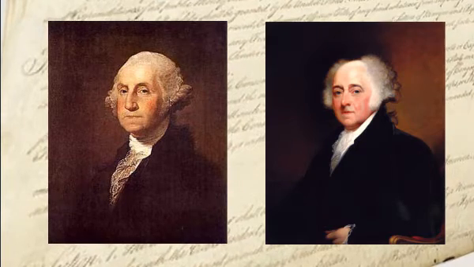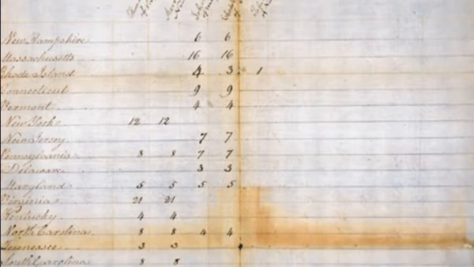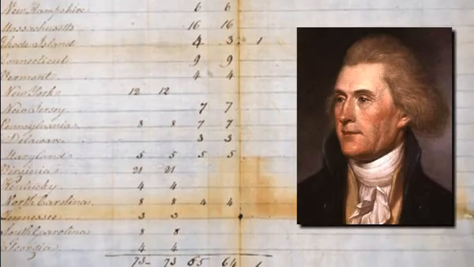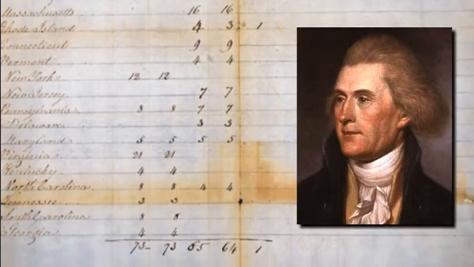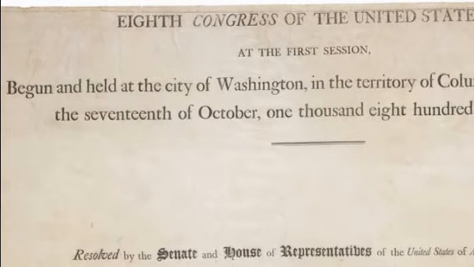But in 1800, there came a bump in the road. Republicans had slated Thomas Jefferson for president and Aaron Burr for vice president. At the time, the Constitution required electors to cast 2 votes for president. The winner would become president, and the runner-up would become vice president. But in 1800, there was a deadlock. Jefferson and Burr received exactly the same number of votes. The election was decided in the House of Representatives. Such a deadlock could never happen again.